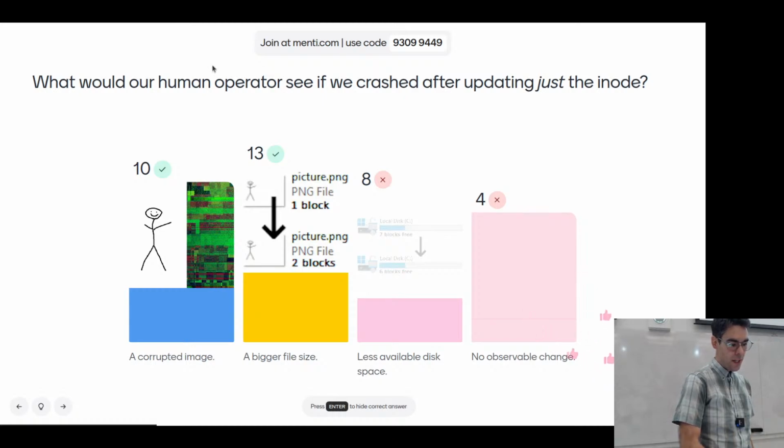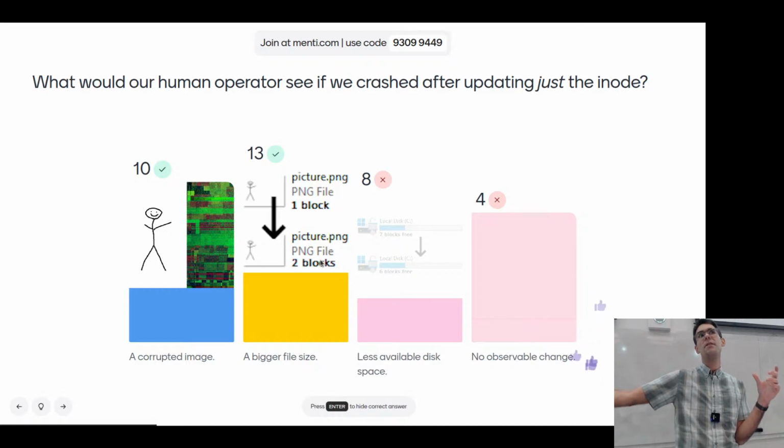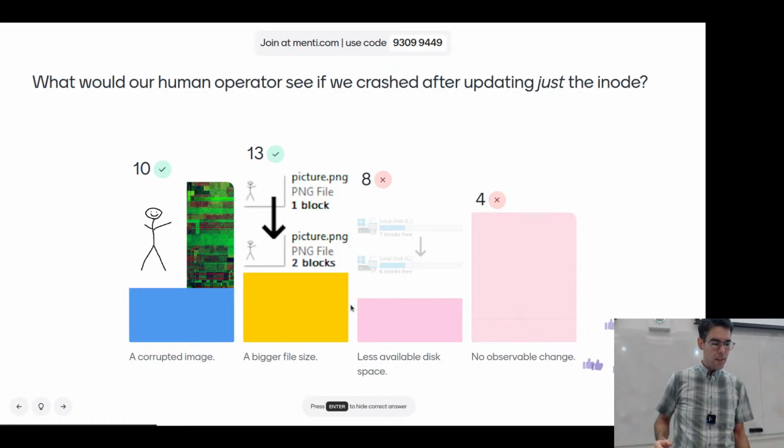The other result is that we're going to see that the file size has changed. This is in our inode as the number of bytes that this thing has in it, and it will have been expanded to be whatever the new file size would be after we've added this new block to the thing. The disk space calculation here, when our operating system is calculating disk space for how much is free on this volume,